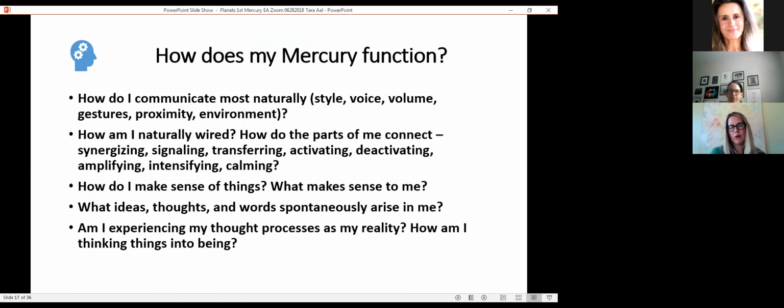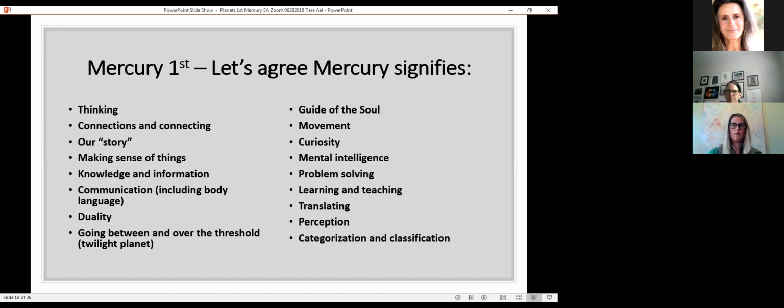For all of us, whether or not we choose Mercury first, we're thinking things into being. So this other question I have here is, how am I thinking things into being? And am I manifesting what is truly making me happy in my life? Because if we're not, we really want to look at the mind. We want to look at where our attention is going and where our thoughts are looping, and the language and the conversation that's going on, not just out loud, but inside. So we chose Mercury first, we dropped in the chair, we started having these questions.